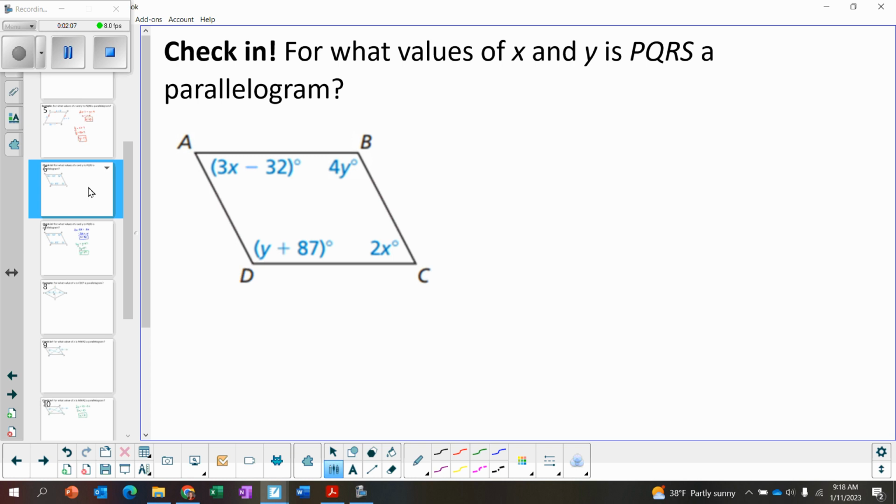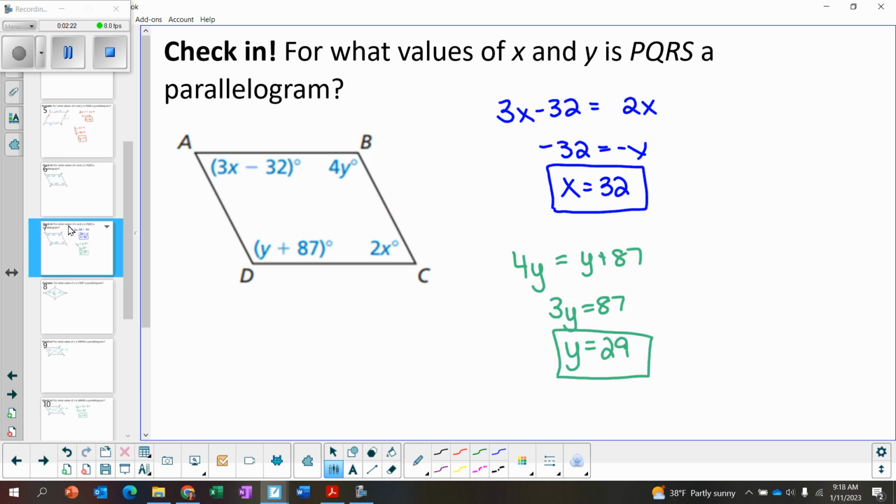All right, you're going to try this one using the opposite angles. Pause when you're ready to answer, hit play. All right, so for opposite angles, they would be congruent. So 3x minus 32 would be equal to 2x. Solving, x is 32. For the opposite angles, 4y equals y plus 87. Solving, we get